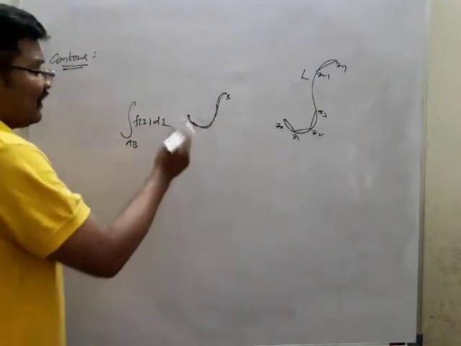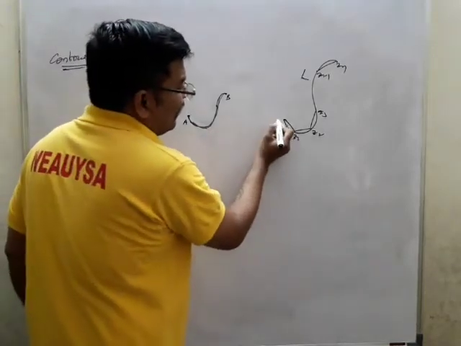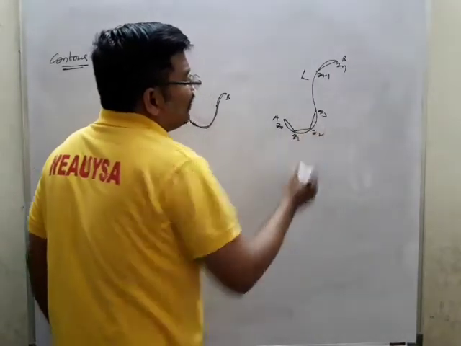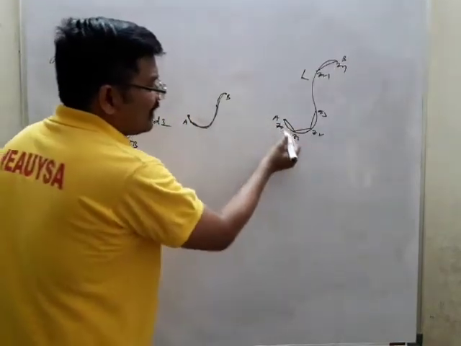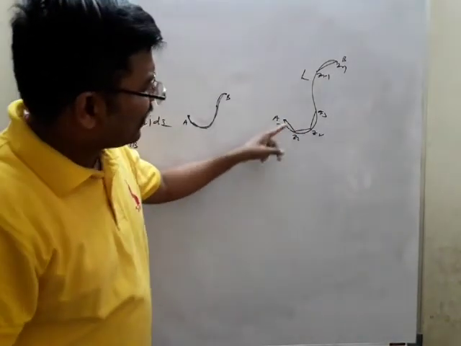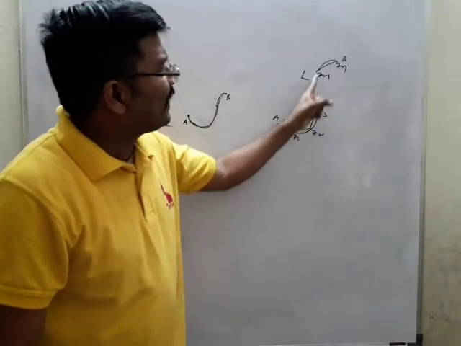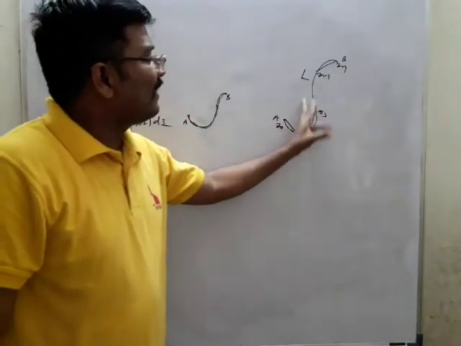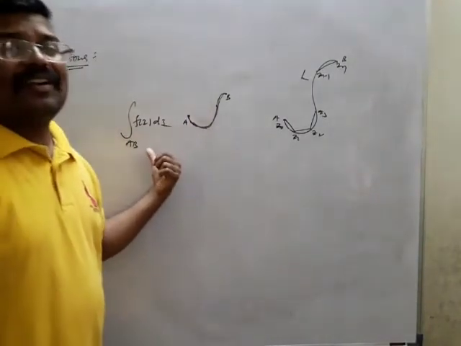There will be a finite number of arcs here, like Z1, Z2 like this. Let us take this as A and this as B. You may have a finite number of arcs joined together, such that this arc can be taken as a contour. Contour means a finite number of regular arcs. There will be many arcs, like Z0 to Z1, Z1 to Z2, like this, but the initial one is A and the final one is B. Taken altogether, it is the integral from A to B of f of z dz. This is called a contour.